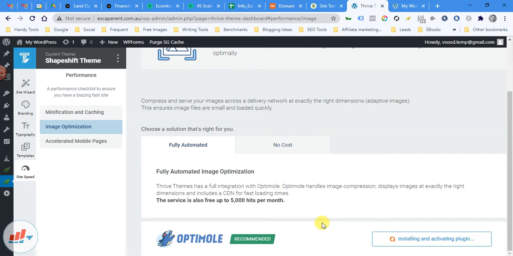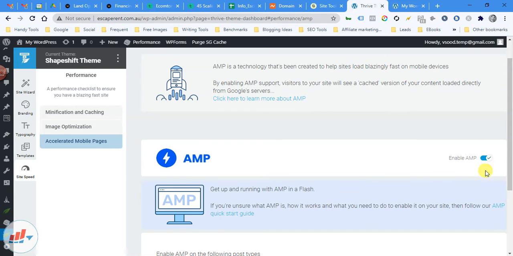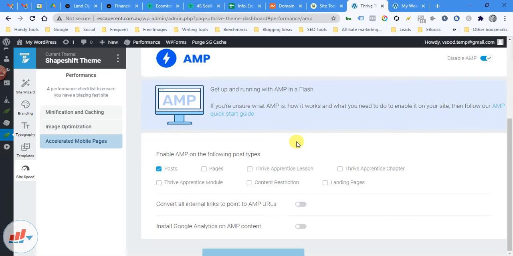And for accelerated mobile pages we can enable AMP here. It's asking whether we enable AMP for pages also, and we can enable AMP for landing pages also, convert all internal links to point to AMP URLs, and install Google Analytics on AMP content. So different options are there.